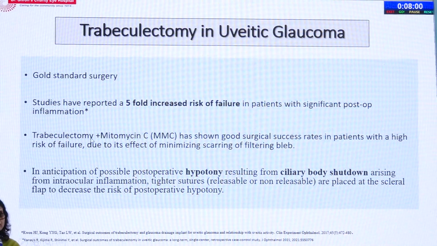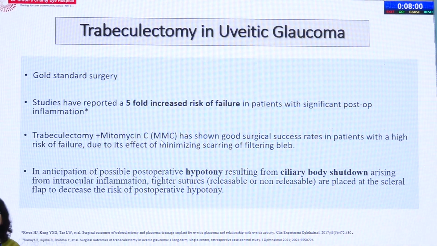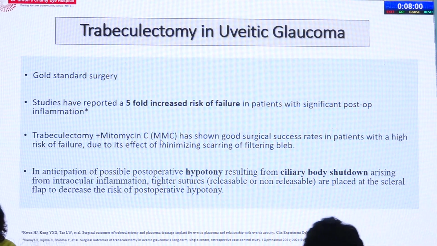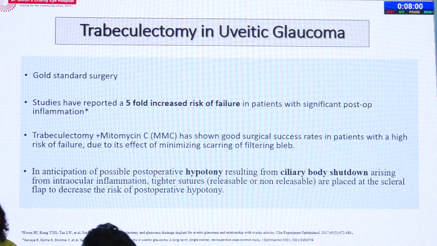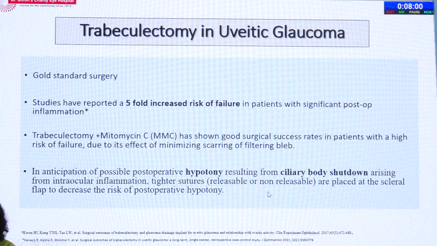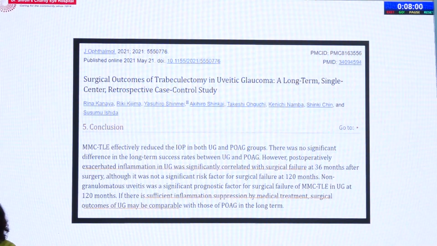We always use mitomycin C to increase our chances of success. Also, since in these patients with uveitis there can be a compromised ciliary body and there are chances of hypotony, releasable sutures and tight sutures are what is required to prevent hypotony. They say that exacerbated inflammation significantly correlated with surgical failure, and surgical outcomes of uveitic glaucoma may be comparable with that of normal POAG if you have